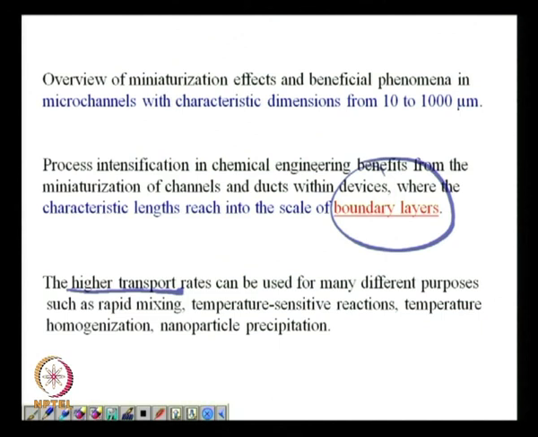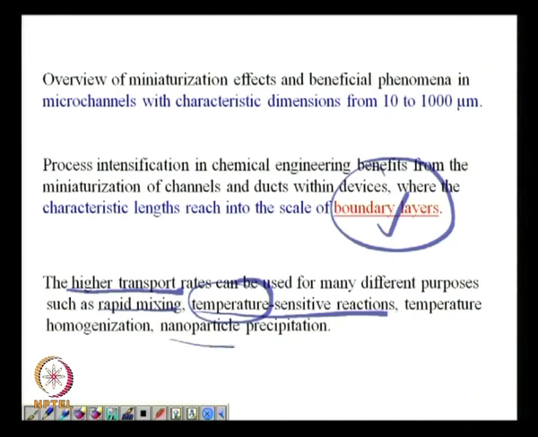And you would see the examples of reactions taking place in micro reactors. For example, they will be characterized by rapid mixing. If you have a temperature sensitive reaction, then you would be able to maintain the temperature to a preset level in a much better way if you have such a small system, because your system is of the dimensions of a boundary layer. So it would be easier for you to control, let us say, the temperature,